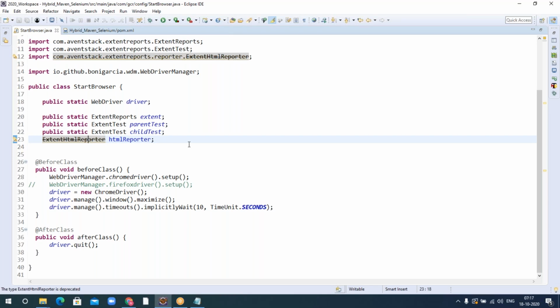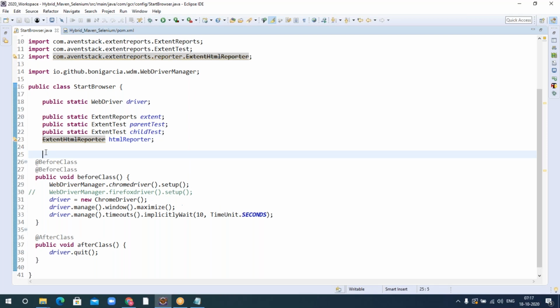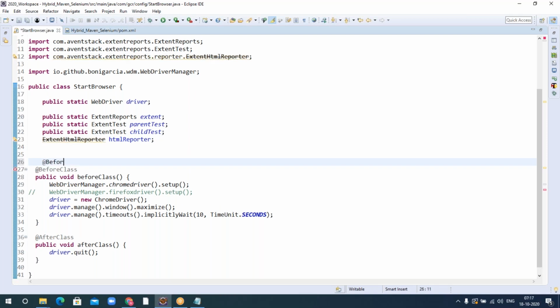And here, if you remember our TestNG annotations, it has different annotations. It has before class, it has before test, and before suite like that. But how they will work is based on the priority. If I have the before test annotation, then what happens? Whatever I have written under before test will be executed first, right?